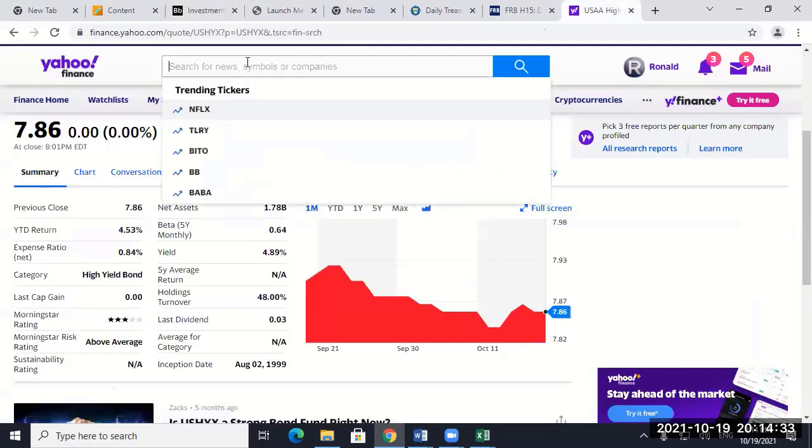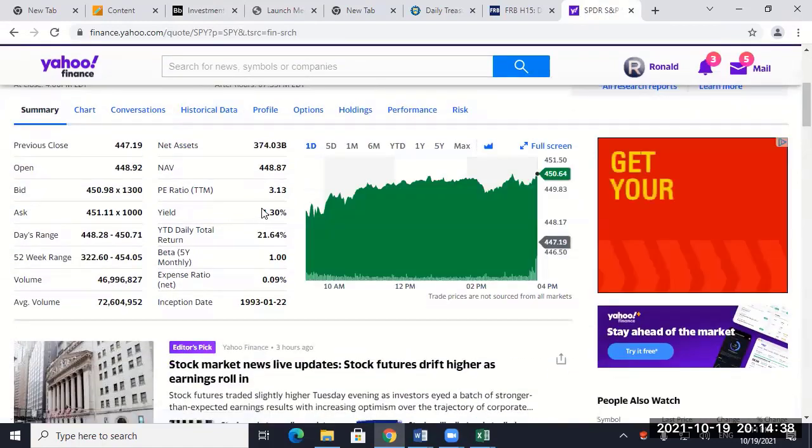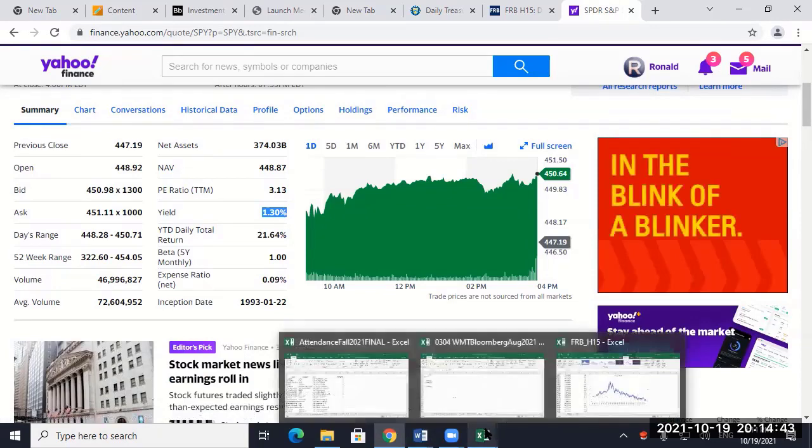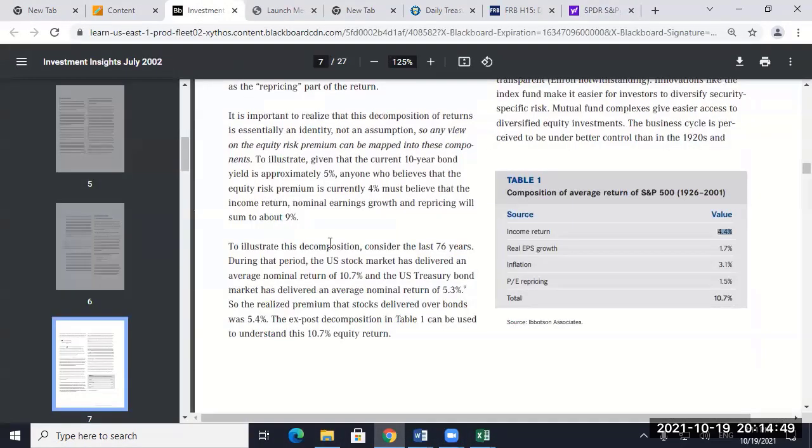4.4%. What's the current S&P dividend yield? 1.3. Boy, that number has been coming down quite dramatically. It used to be 4.4, today it's 1.3, plus what for stock buybacks? We'll have to talk about that, maybe 1.5. So maybe historically stock buybacks were less than stock issuances, and they somewhat netted out to zero. So that income return there is almost entirely a dividend yield.